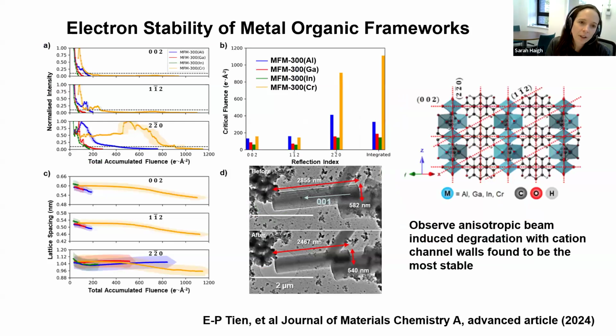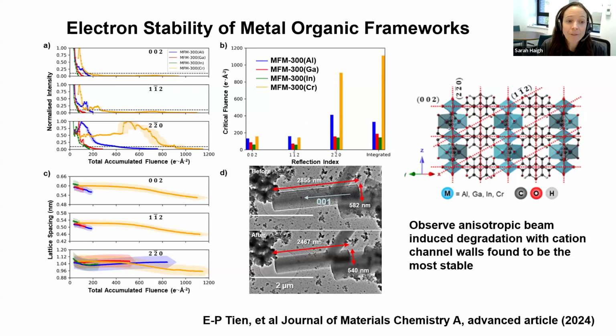So he then decided to do a study of this and look at how the different diffraction spot series decayed as a function of accumulated fluence. And the electron dose here is very, very low, less than 1 electron per square angstrom per second. And we can see that it's very anisotropic, that this 2-bar-2-0 series, as you can see here, is decaying much, much more slowly and persists an order of magnitude longer. Now, that's exciting because it means that the channels themselves are persisting much longer inside the metal organic framework than the